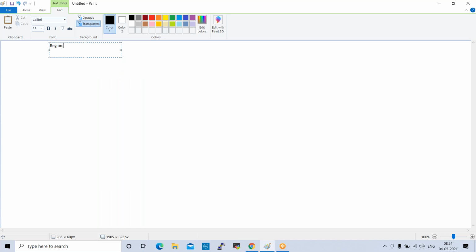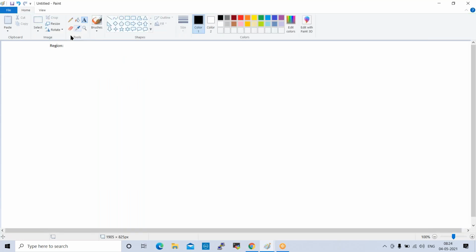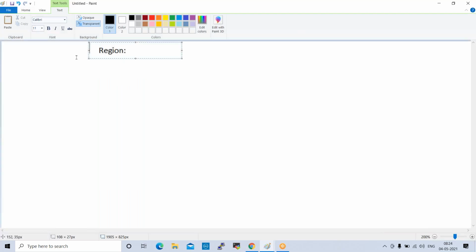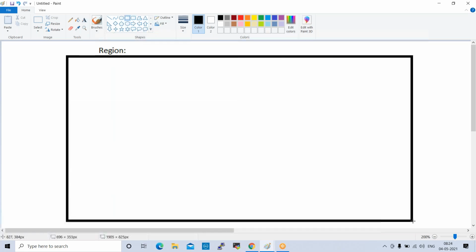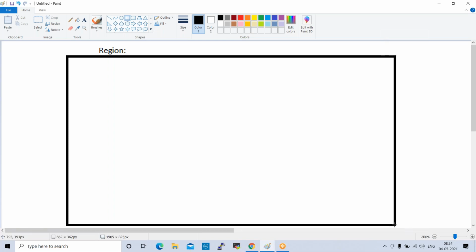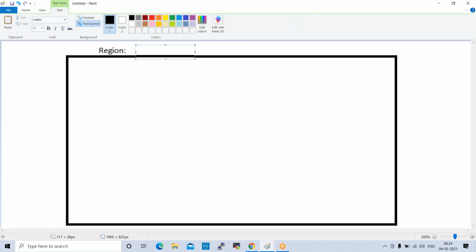So region. Region is a data center, we already discussed, right? For example, this is the APAC, Asia Pacific, Mumbai region. In this console we have the Mumbai region, right?